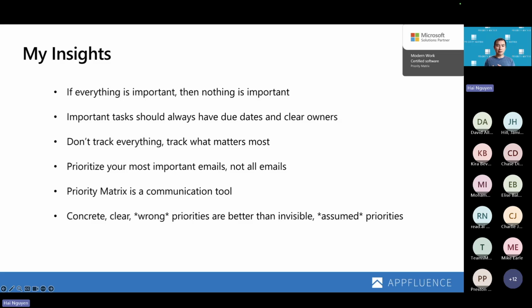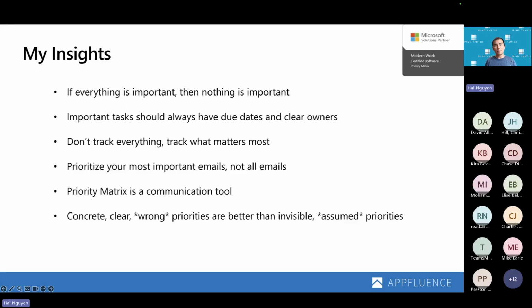The reason I bring this up is because I've seen customers say, you know what, this task is very important, but there's no due date associated with it. So suddenly it just sits there and no one's reviewing it. It's okay to have a wrong due date, but you can change that. And also, I see people trying to assign a task to multiple people. Don't do that. Single owners, you can always change that, but